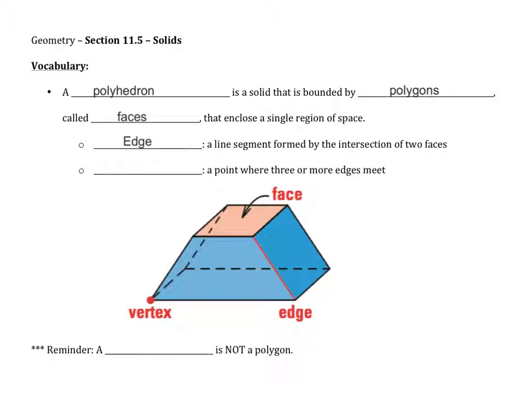An edge is a line segment formed by the intersection of two faces. So this red segment would be an edge. Back here is an edge. All around here, all of the places where two of the polygons are coming together, those would all be called